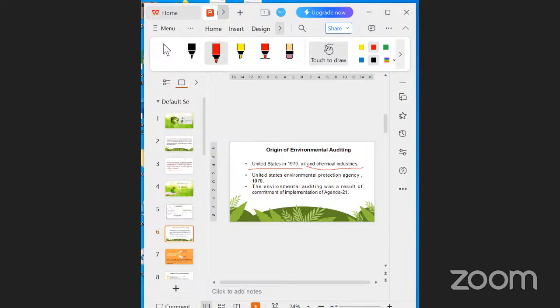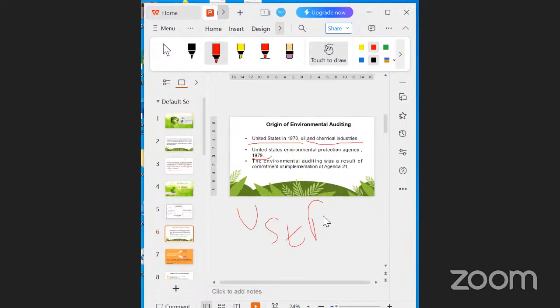In 1979, the USEPA, the United States Environmental Protection Agency, for the first time issued a draft report calling for independent and certified third party auditors that visit plants, collect samples, perform analysis and submit reports to the governmental authorities. Similarly, in Europe,